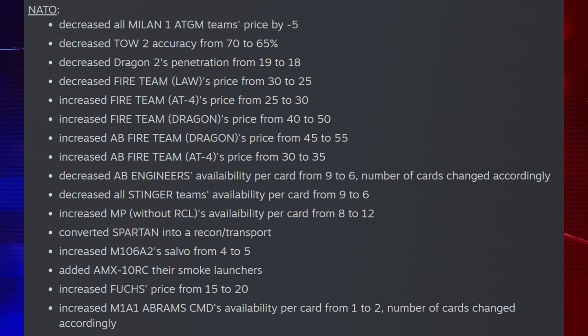Decreased the AB Engineer's availability per card from 9 to 6. Number of cards changed accordingly. Decreased all Stinger teams' availability per card from 9 to 6. Increased MP without recoilless rifles availability per card from 8 to 12. Converted Spartan into a recon transport, increased the M106A2 salvo from 4 to 5, added the AMX-10RC, their smoke launcher,